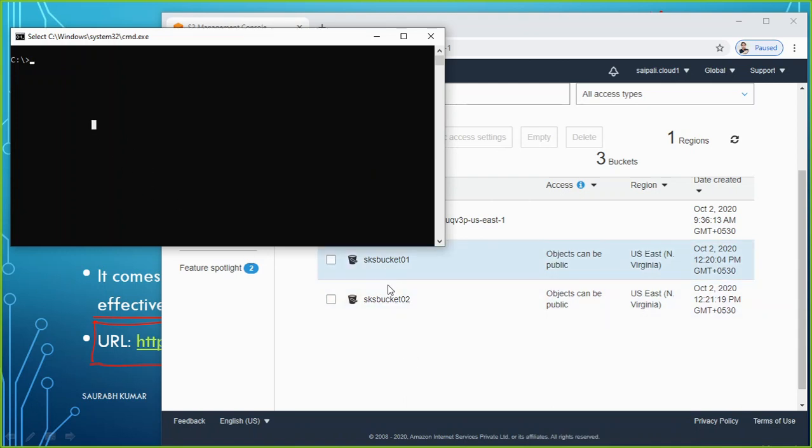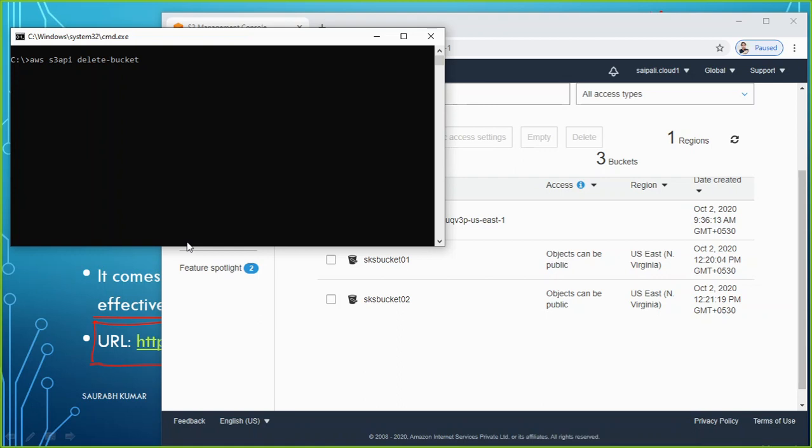For deleting these buckets, the command will be aws s3api delete-bucket. This time I'm saying delete-bucket. Last time I used the command delete-object.